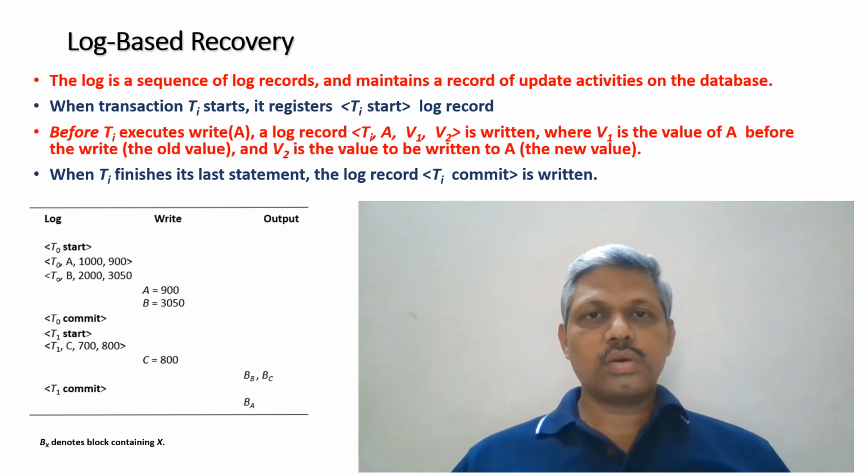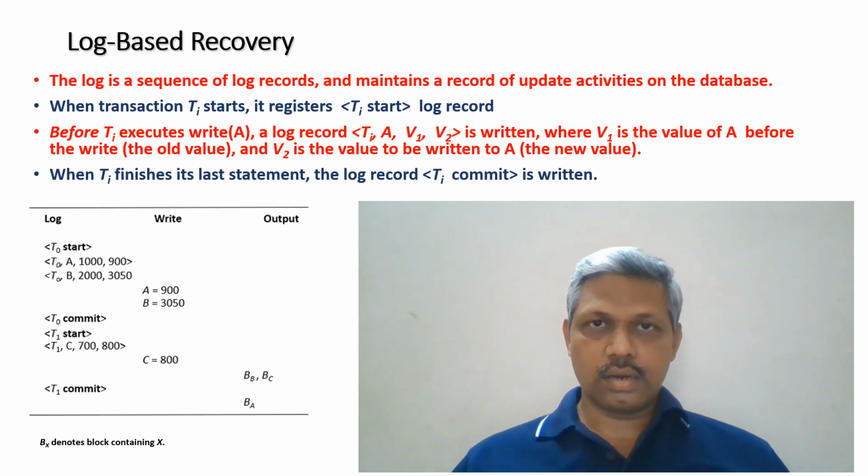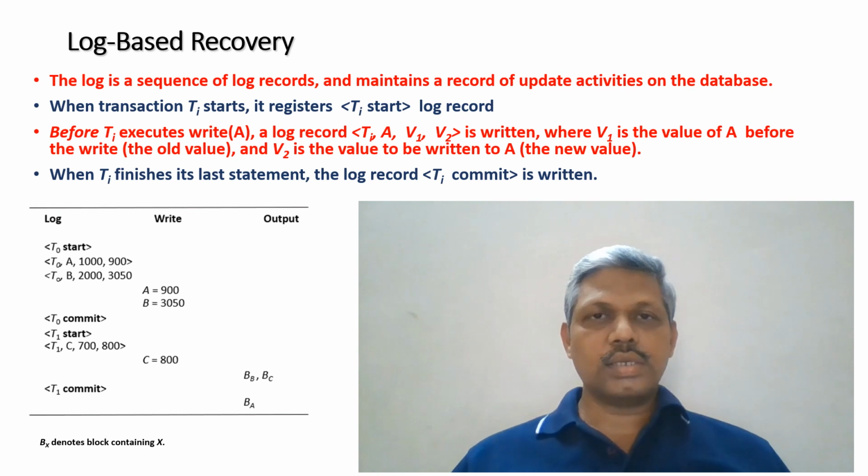Each one of them has its own advantages and disadvantages. In the deferred mode, there is an overhead. Until the transaction commits, nothing is done. But at the time of committing, we need to transfer all the log records. That is, there are a lot of overheads in input-output operations onto the stable storage. Whereas in the immediate modification method, the overheads are not there, but there is a chance of the transaction being aborted. So if a transaction has aborted, but by the time it has written some log records, we have to undo them, right? So all these things are possible, but in this case we talk about only immediate modification methods.